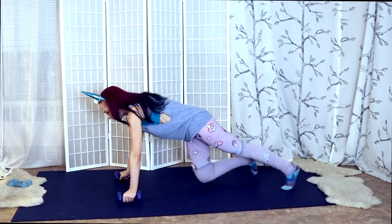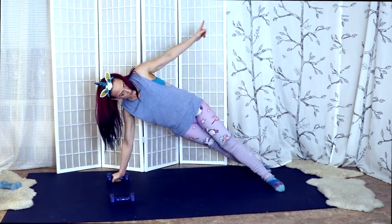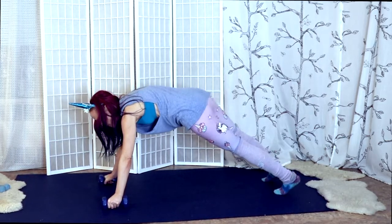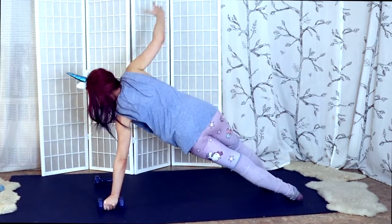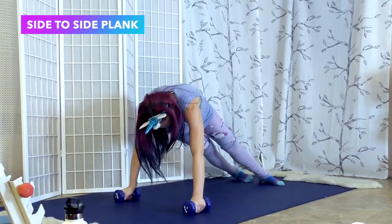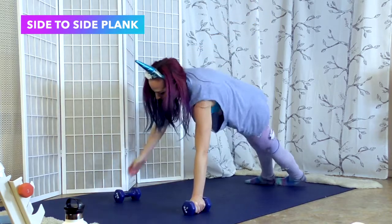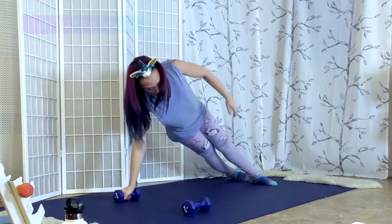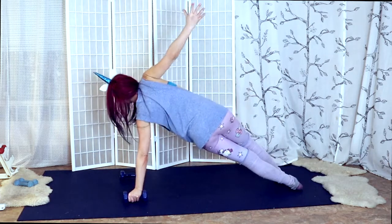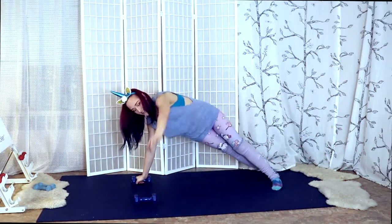So come up to a plank and then rotate onto the foot and take the hand up. Then come back down on that hand. Now just watch my feet. I twist, I take the hand up. And if that's too much, just work on twisting, because I know a lot of people say side planks are really hard for me, and this is just a nice way to get your body, almost trick your body into it. And twist, and twist,